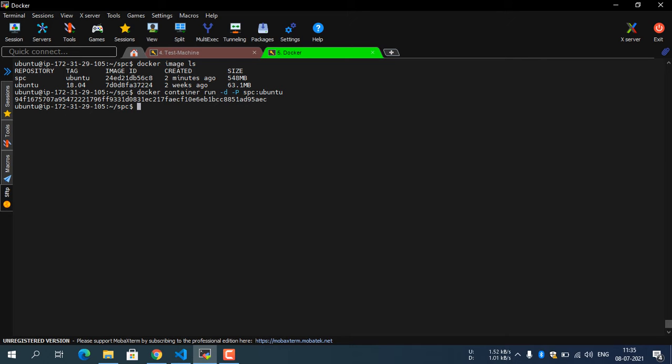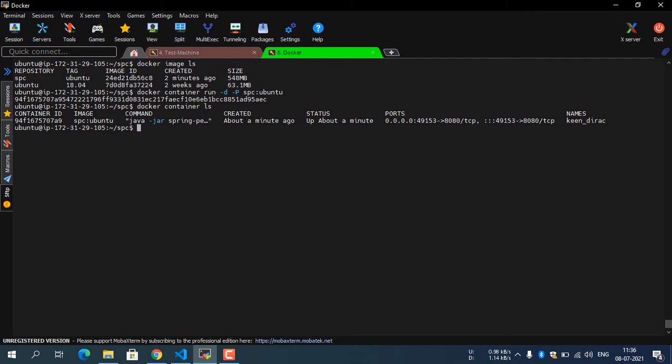Let us see whether the Docker container is running or not. Yeah, it is running on port 49153.